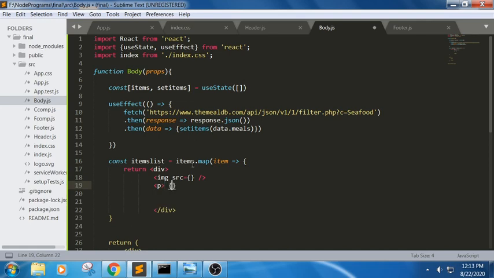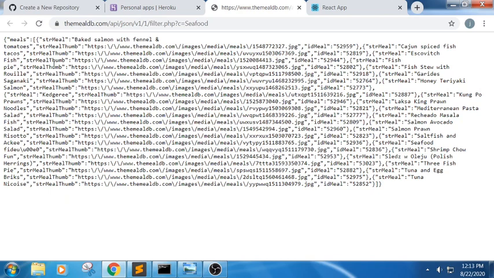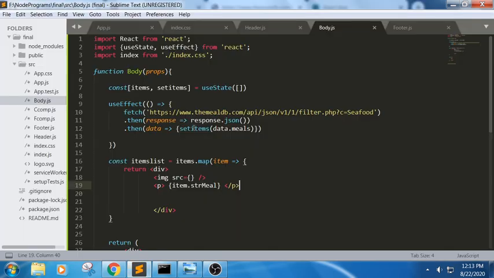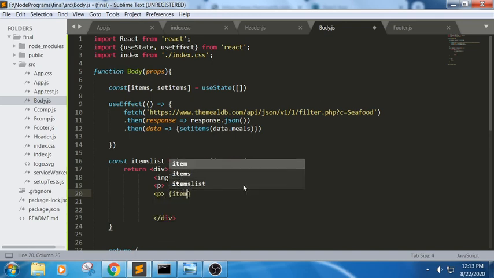Next we will write the item strMeal. We will get this strMeal from this API based upon the values. No matter whatever API we read, based upon this API we will try to read, like strMealThumb, strMeal. I'm trying to read these values, idMeal and strMeal. So first one we are trying to read strMeal, and next one item.idMeal.